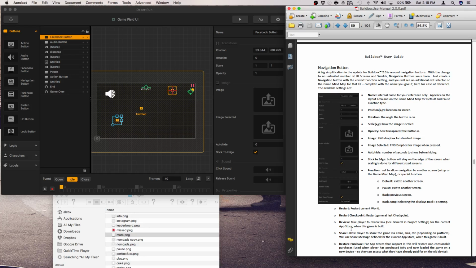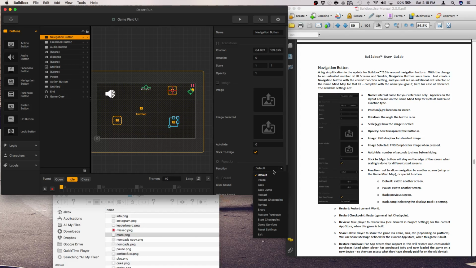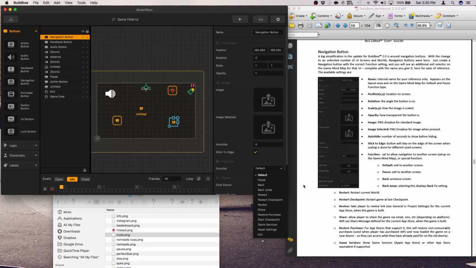Default, pause, back jump. Selecting this displays back to settings. Restart the current world. So these are all, that's a lot. This is the main button that does, yeah, wow, okay, cool, let's just keep going. This is like the most important piece, I believe. Okay, here we go. Pause, back jump. Selecting this displays back to the settings. Restart